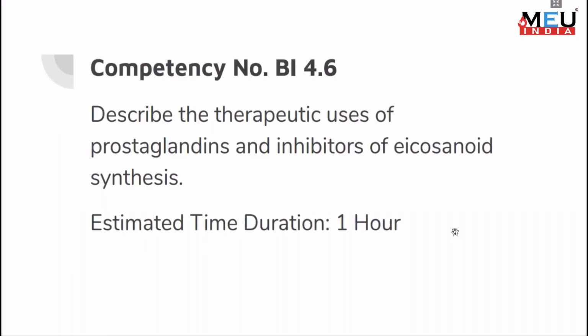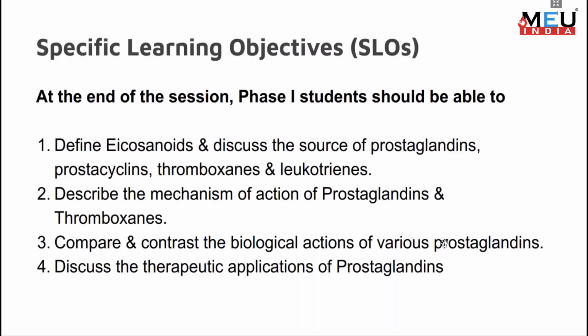Competency number BI 4.6: describe the therapeutic uses of prostaglandins and inhibitors of eicosanoid synthesis. The estimated time duration for this competency will be 1 hour. SLOs for this topic: at the end of the session, phase 1 students should be able to define eicosanoids and